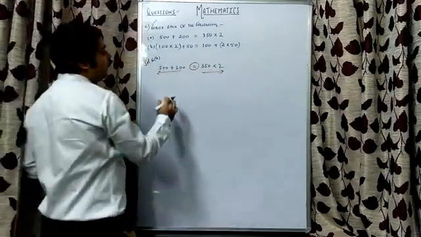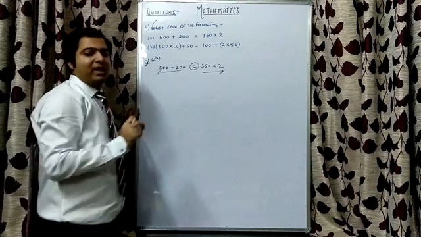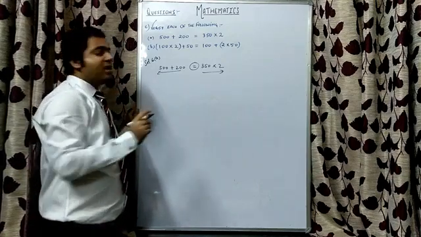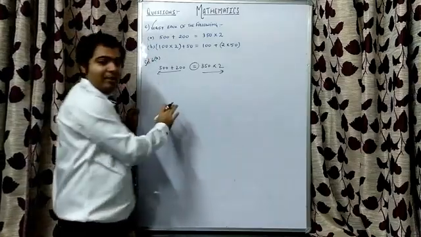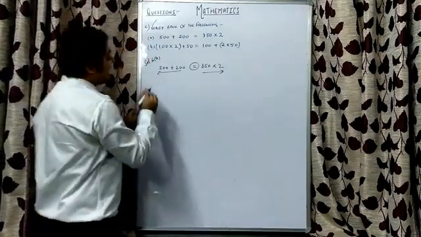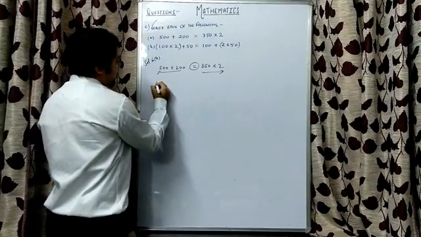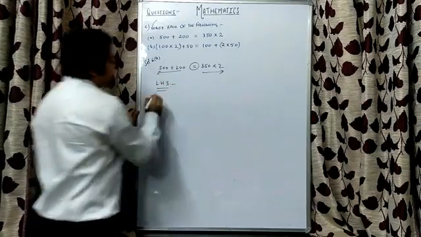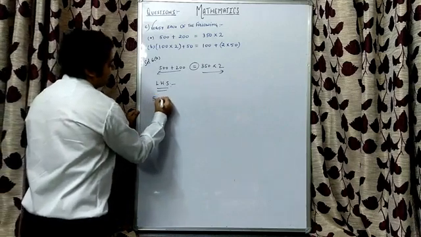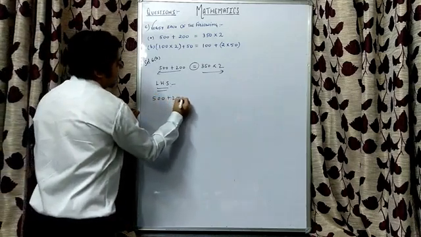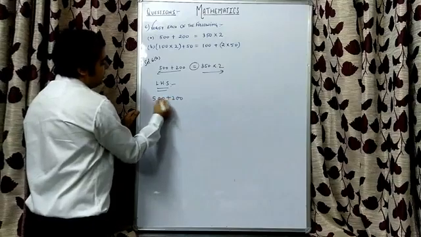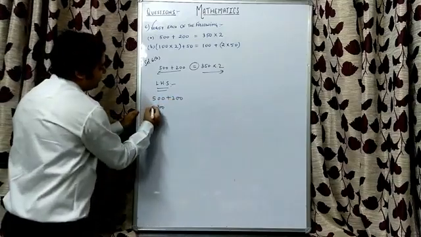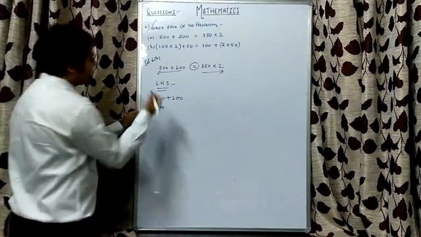In exam, we will be solving each part separately, not simultaneously. Children make a lot of errors in this. They solve both simultaneously. That's wrong. We will be solving each separately. So first, I will write LHS, that is left hand side. Whatever is given on left hand side, I will write as it is. Then I will simplify this. 500 plus 200 is 700, right? So the answer for LHS is 700, right?